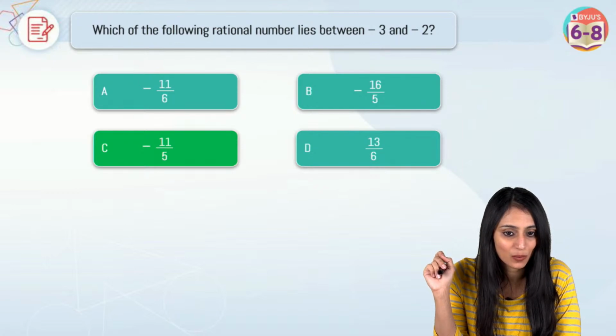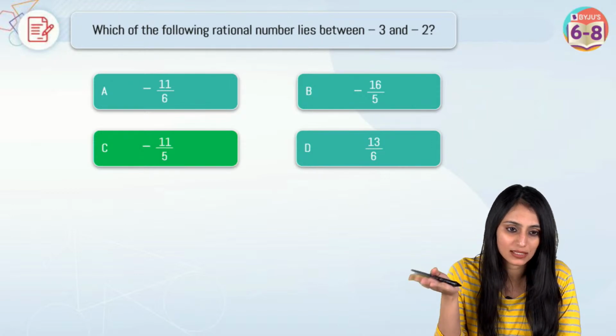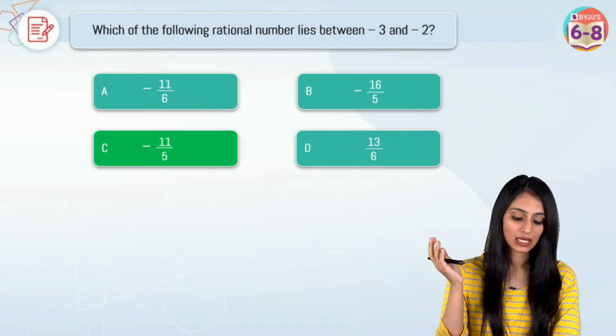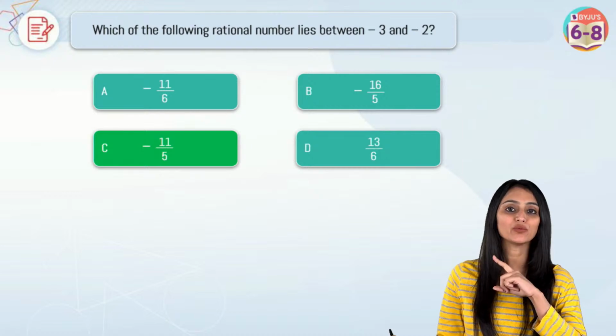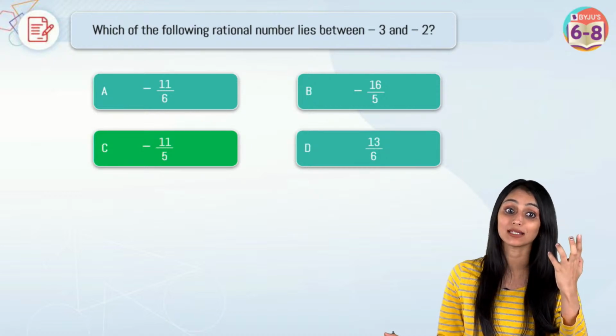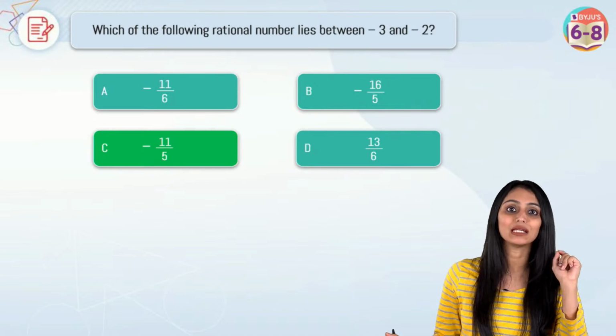Can we convert improper into mixed fraction and then we find out the answer? Converting improper into mixed or mixed into improper, is that what you are saying? Yes. See, in maths, there is not only one way. This is the beauty of mathematics. There are multiple ways to find the answer to a question, right? But just keep one thing in mind: the method has to be correct.